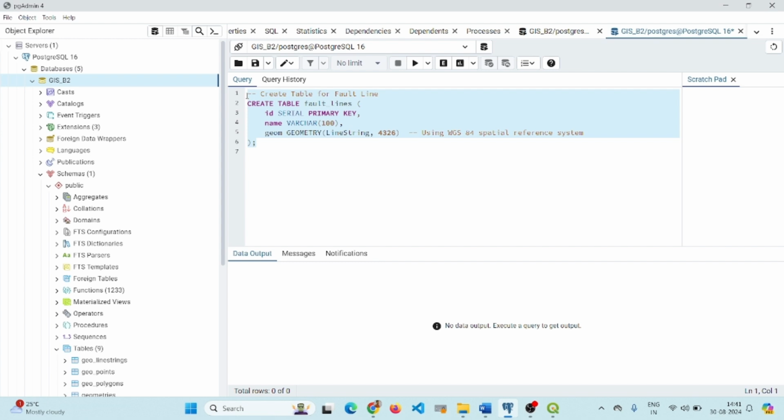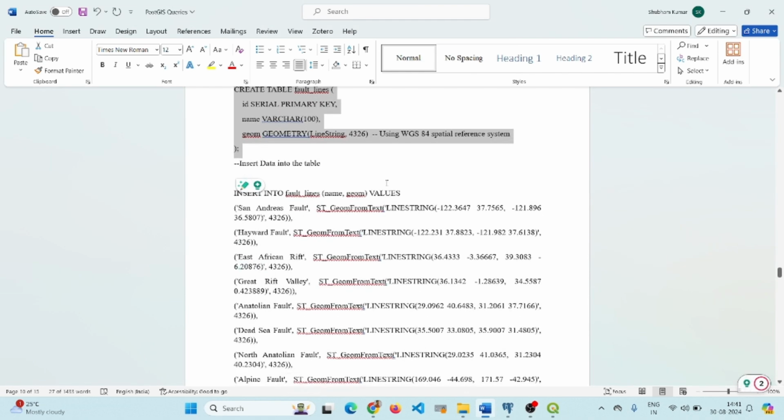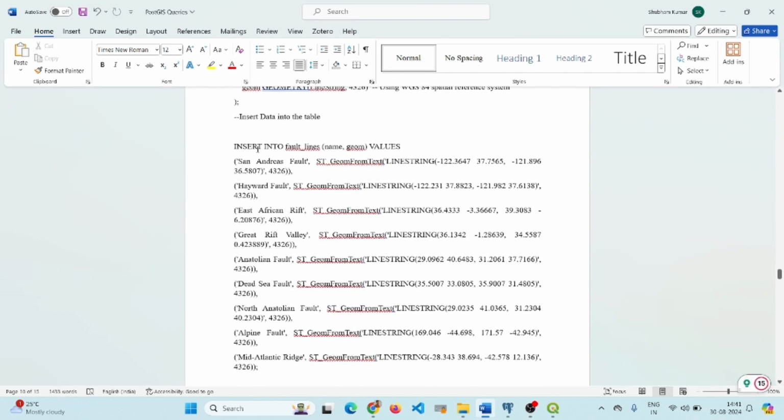So I am creating it. So it is created. Now we have to add some data inside this. Data we can add using insert into: give the table name, give the columns, and give the values for those columns. The first column is a name, and this is San Andreas fault, which is the largest fault,